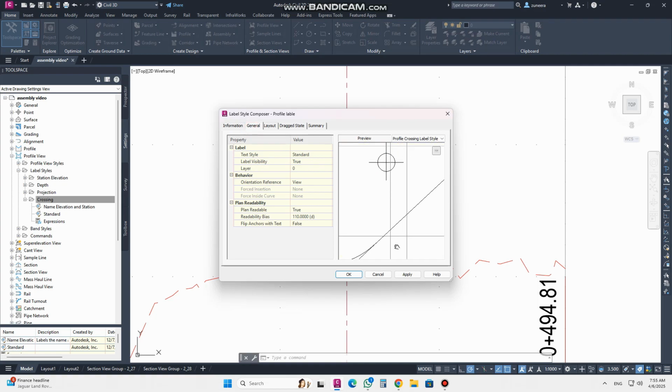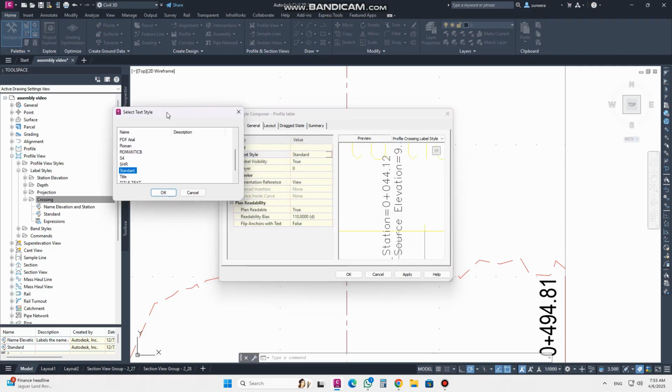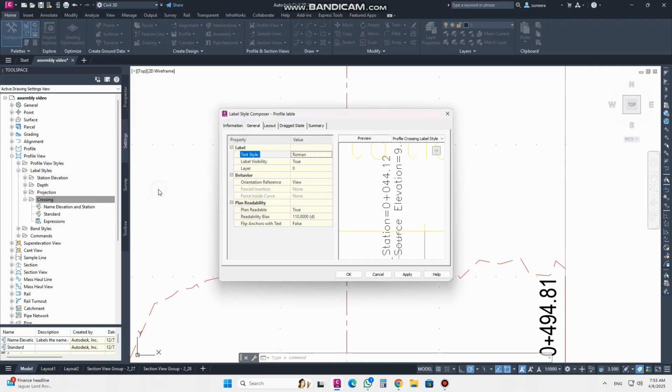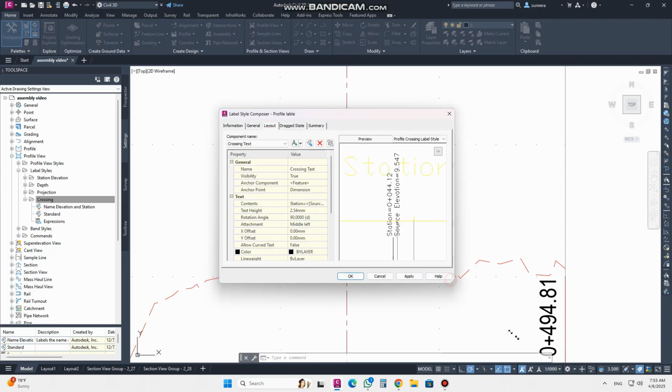Okay, in the general tab there are certain text styles. If I zoom in, you can see the standards. From here you can change the style of your text. Let's select Roman, and now you can see it's changed to Roman. The visibility is through a layer; you can select the layer from here. Okay, the view orientation: plan readable true, the bias this one. Let's set it as default and go